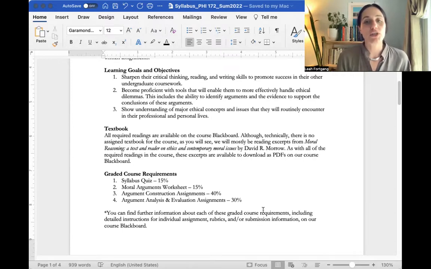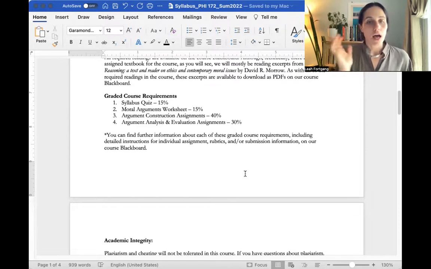There will be some additional readings, and I'll explain exactly where you're going to find all of those readings on Blackboard in just a moment. But there are some additional readings every week on top of chapters that we're going to be reading from the Moral Reasoning textbook by Moreau. And again, when I'm doing the demonstration on Blackboard, I'll go over the graded course requirements a little bit more,